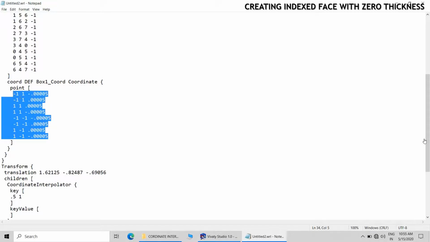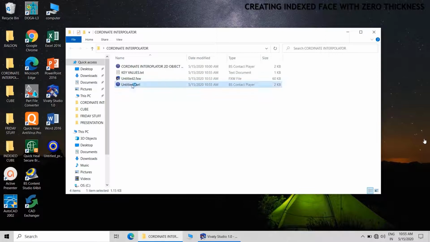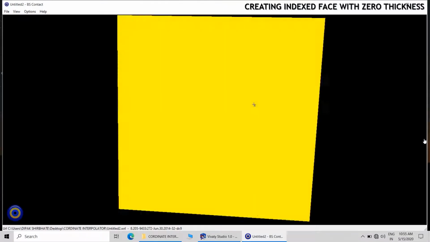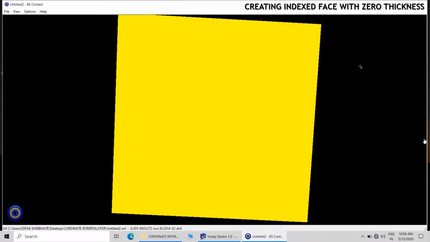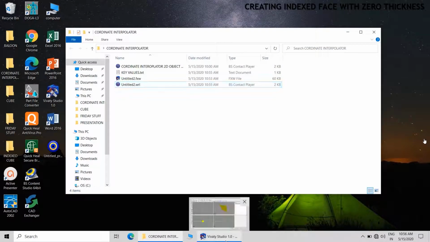Here also you can replace these coordinates. So this will create the face of zero thickness.